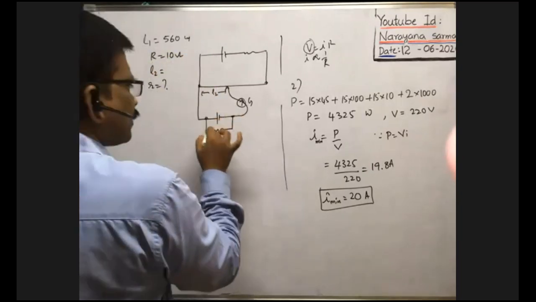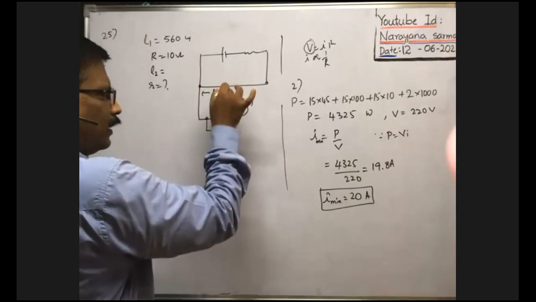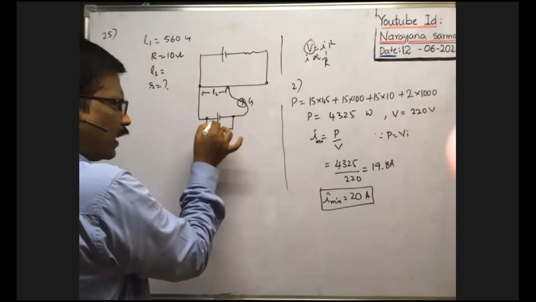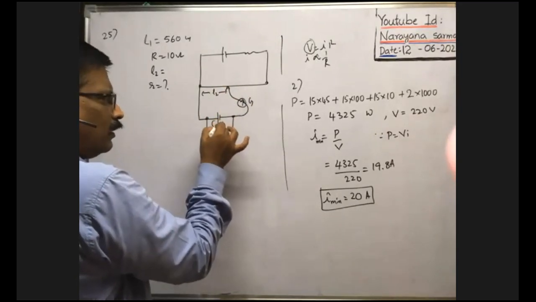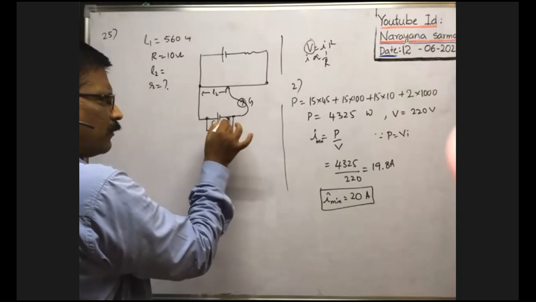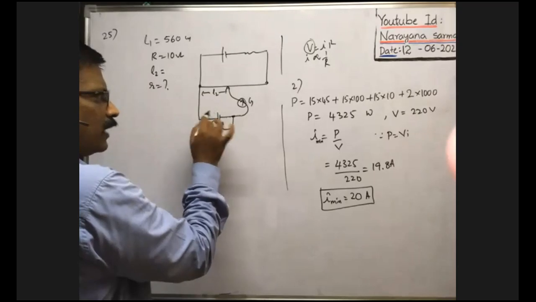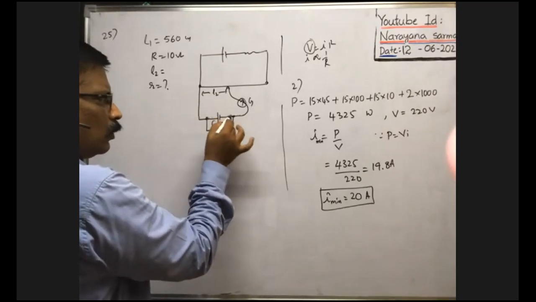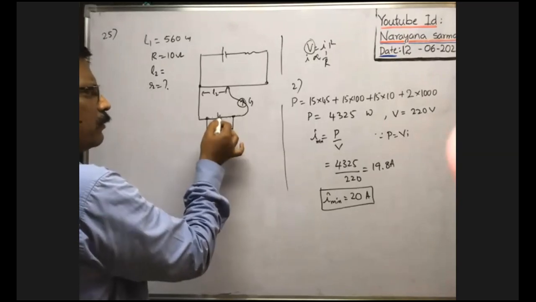Okay, next, when external resistance is connected in parallel, this circuit is closed. That's why current will pass like this. As the current passes through this closed circuit, the potential difference between the two terminals of the cell is not equal to EMF. It is less than EMF. Whenever it is less than EMF, that is called terminal voltage. That terminal voltage across the cell is equal to the potential difference across the resistance. That is less than the EMF of the cell.